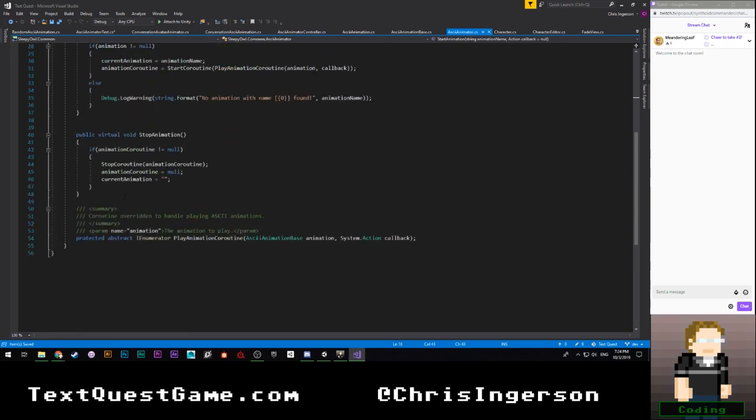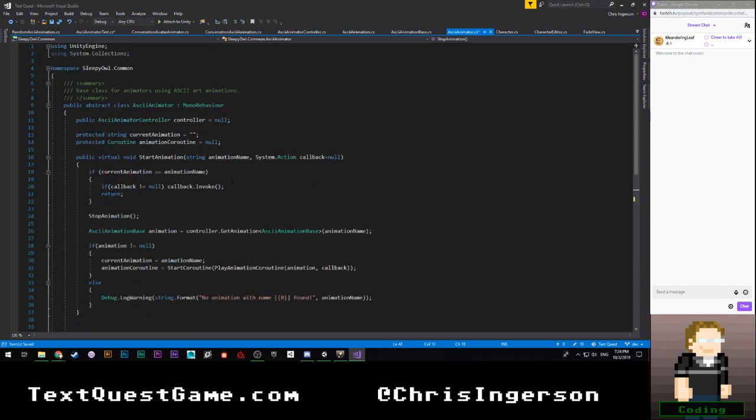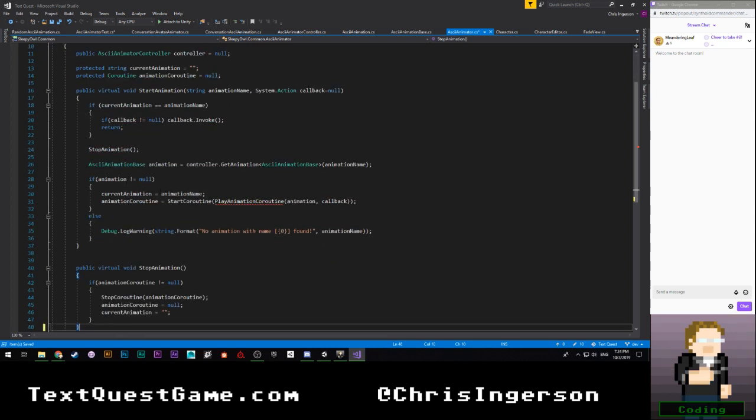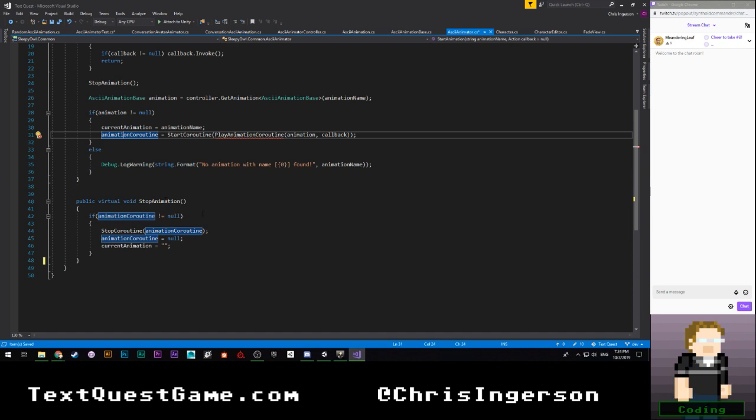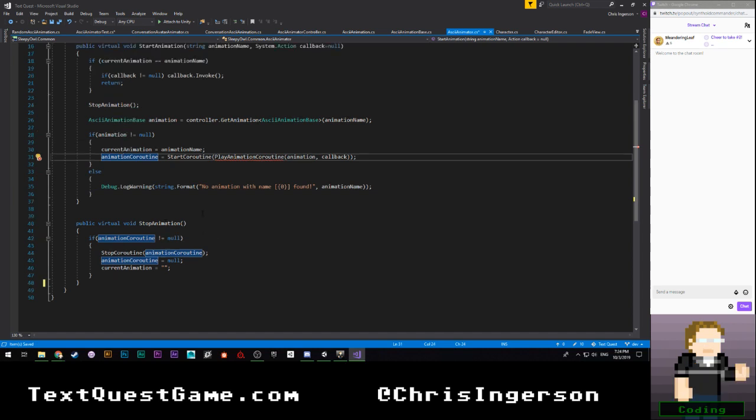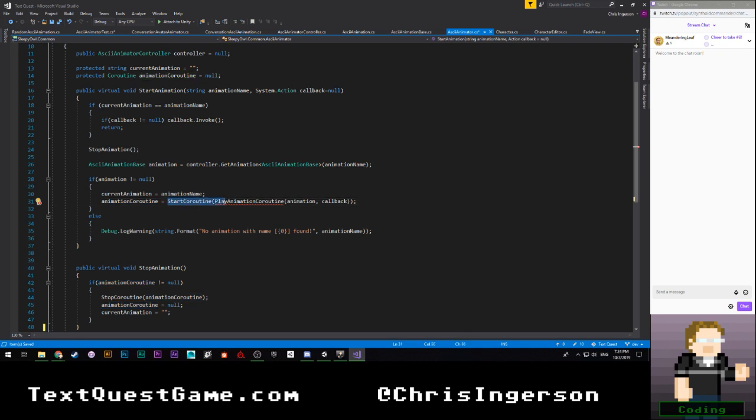We are going to get rid of this animator. We're going to come back down to here, and instead we're going to say animation coroutine, which honestly I don't think I should even keep track of. Well, no, it's fine to keep track of. But we are going to say is equal to animation dot start animation.